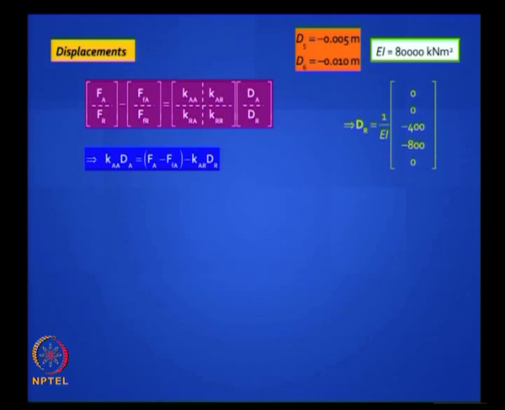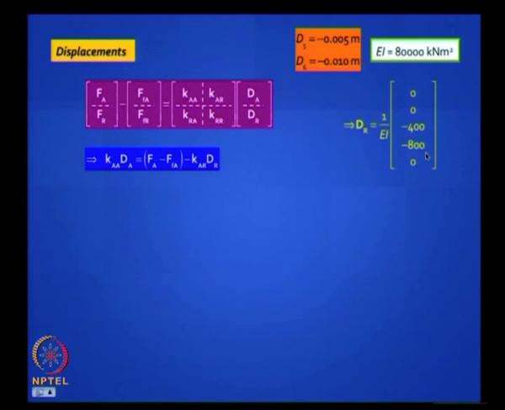In this case you have support settlements, so dr is given as, we did this earlier, minus 0.005 meter, minus 0.010 meter at 5 and 6 coordinates, but EI is 80,000. You have an option either to plug in 80,000 in the stiffness matrix, or you try to get rid of EI by converting these deflections in millimeters to equivalent EI terms. You understand? In other words, if you multiply these two with 80,000, you can write this as 1 by EI into minus 400 minus 800. In short, if you take this product, you will get minus 0.005 meter.